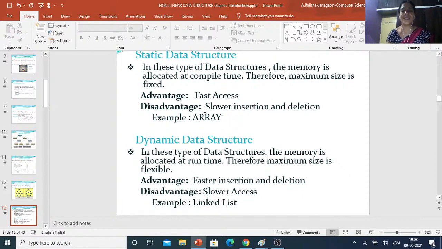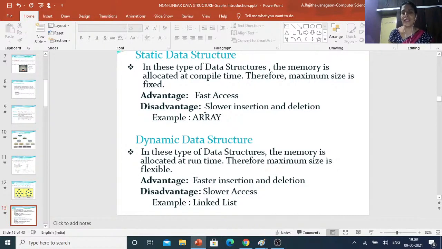Before inserting, I first move the 6th index element to the 7th index, the 7th index element to the 8th index, and the 8th index element to the 9th index. So moving is required, which wastes some time. Then I can insert the element at the 6th index. For inserting a single element, we move 3 elements, so insertion is slower.